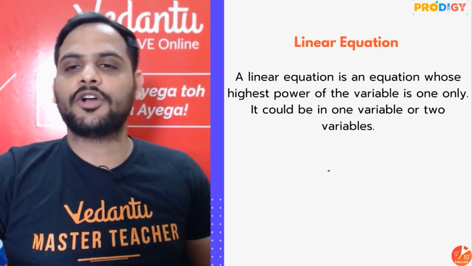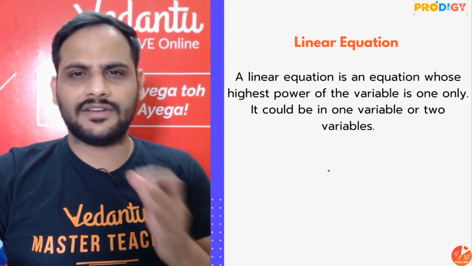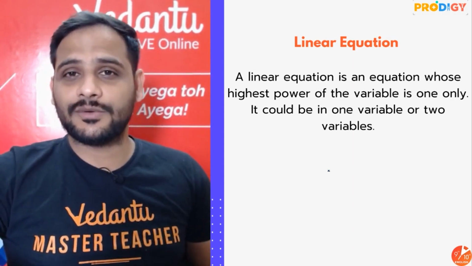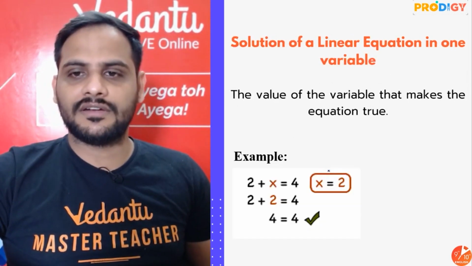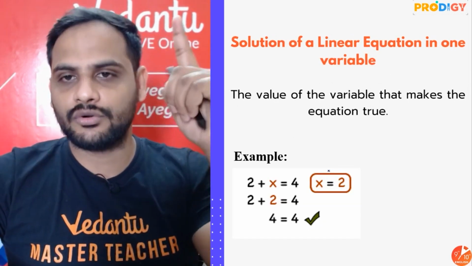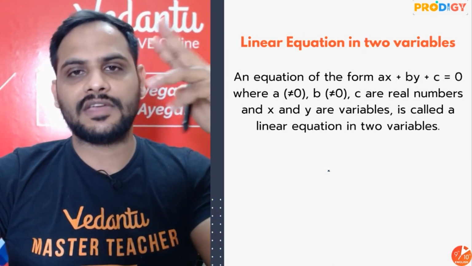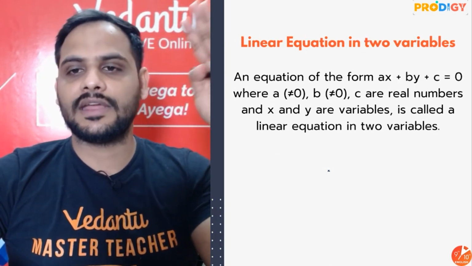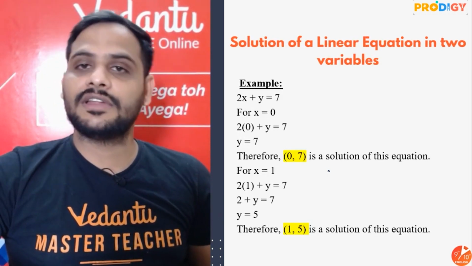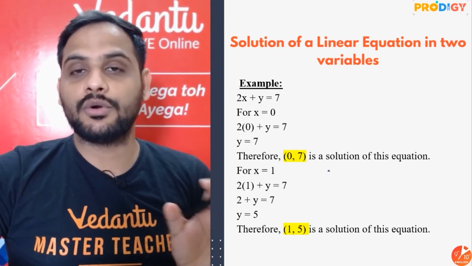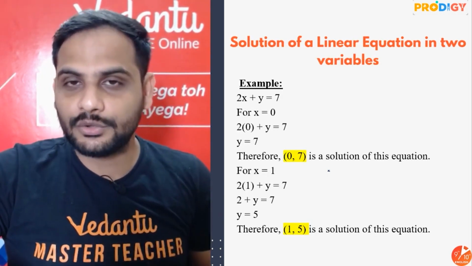Alright, so guys, let's talk about linear equations. Let's revise it quickly. So we know linear equation means degree 1. In one variable we have discussed that there is exactly one root available, and in two variables, ax plus by plus c equal to 0, where a and b should not both be equal to 0, in this case we get infinite solutions. I have told you how to find the solution of a linear equation in two variables.